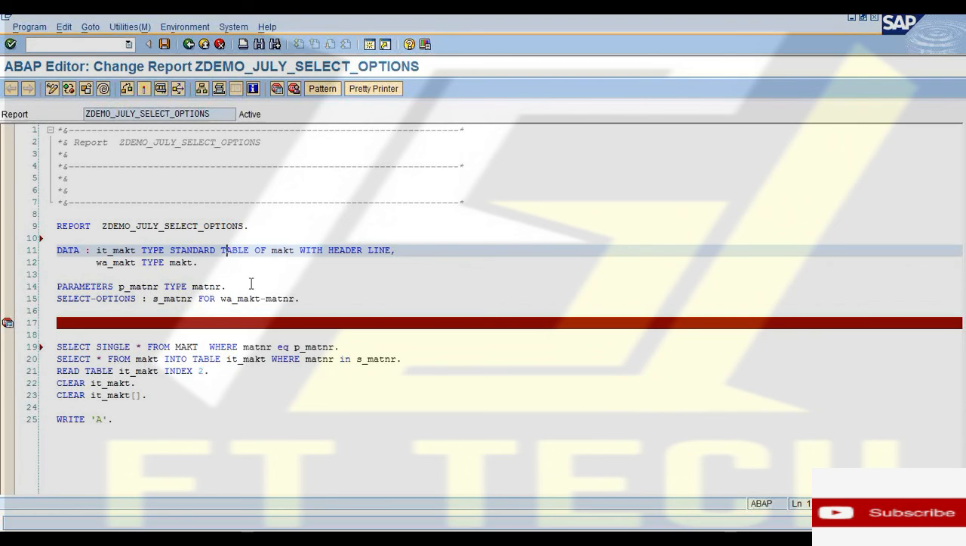Okay. So the select options creates an internal table with header line. Ravi, what do you want me to repeat in this header line? When you say with header line, all the system does is to the internal table body it attaches one